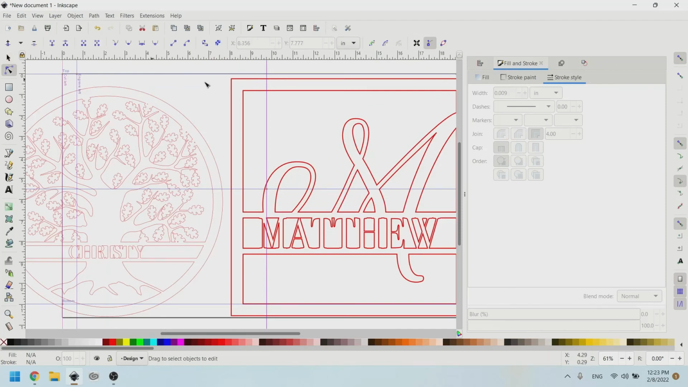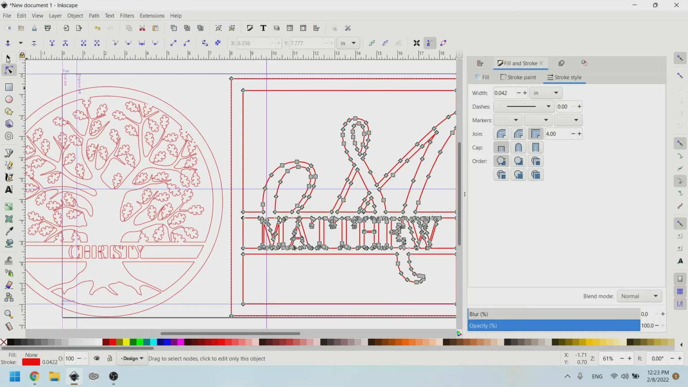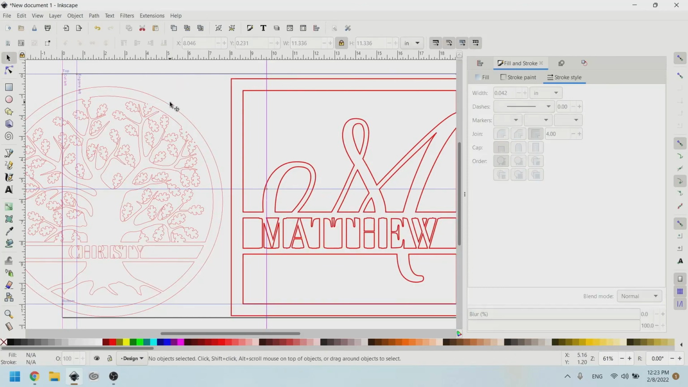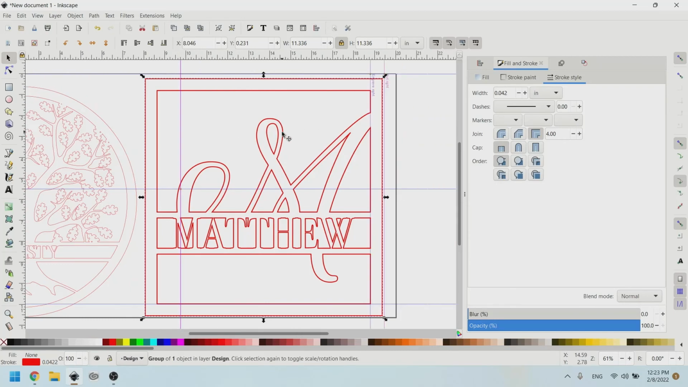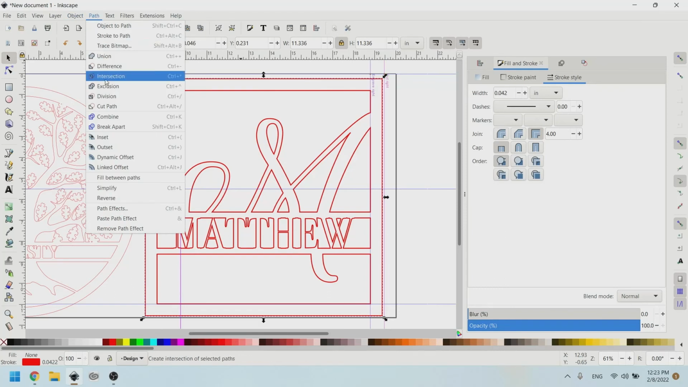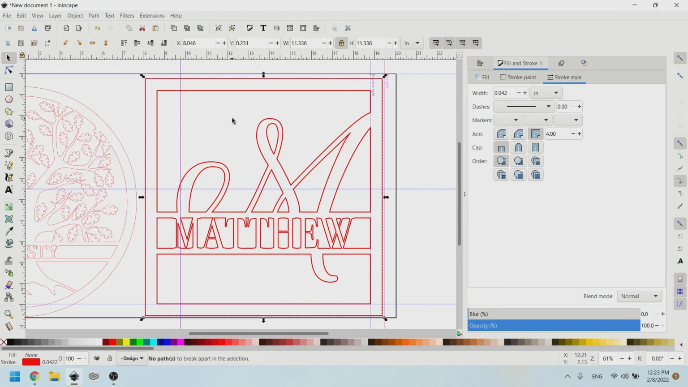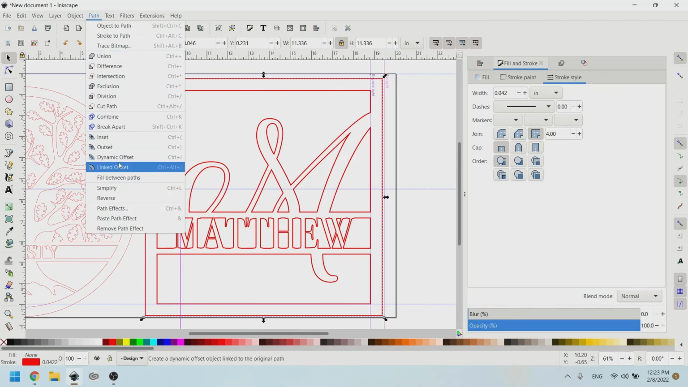Well, how do you do it when it's all one piece? We're going to click on it, click on our objects here. We'll start with this one because it's simpler. And you can find it up here in Path, Break Apart, okay? Or Shift Control K. We're going to break it apart. It doesn't look like anything has changed when we do this,